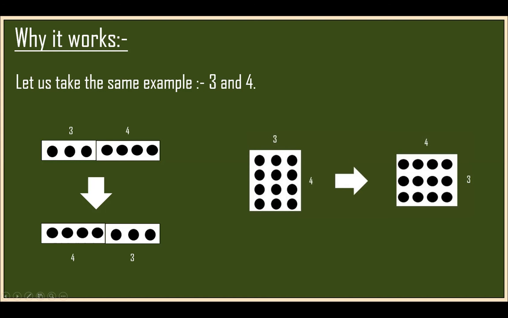Let us see multiplication. How do you get the number of dots? You do 3 times 4, because there are 3 dots here and 4 dots here. If you rotate it, there will be 4 dots above and 3 dots vertically. Even this will have the same number of dots as this one because it's just rotated. While rotating, the number of dots won't change. So 3 times 4 is 12 dots, and 4 times 3 is still 12 dots. So that's why it works.